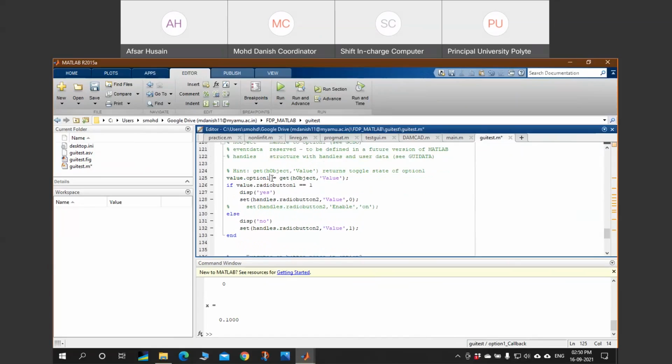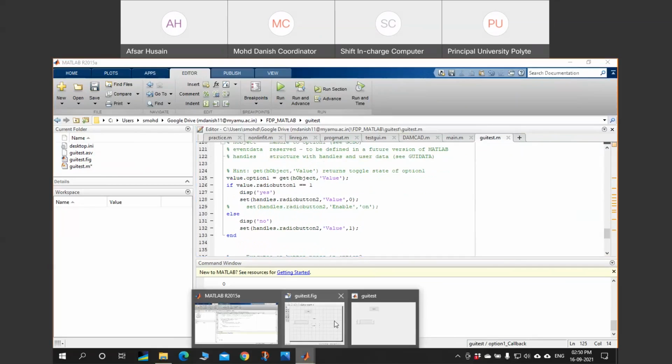I want the option selected by the user, whatever value is provided by the user, to be stored within this variable option 1 and within this structure value.